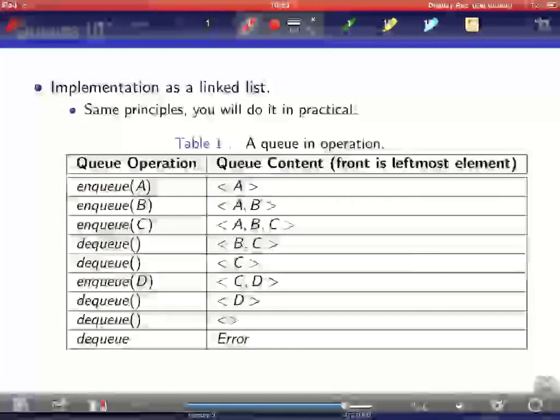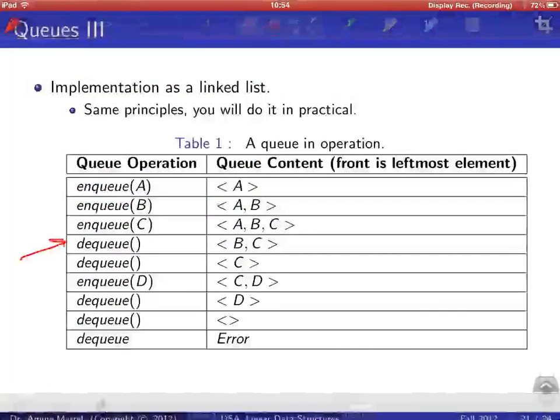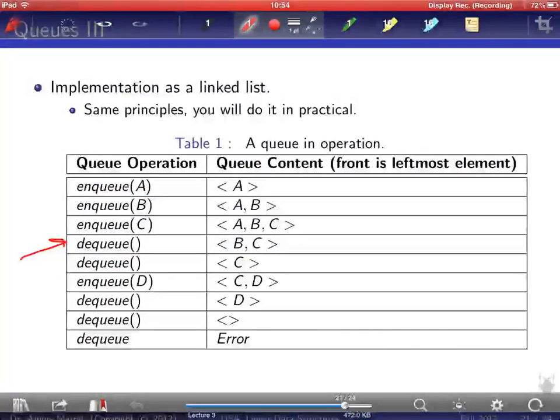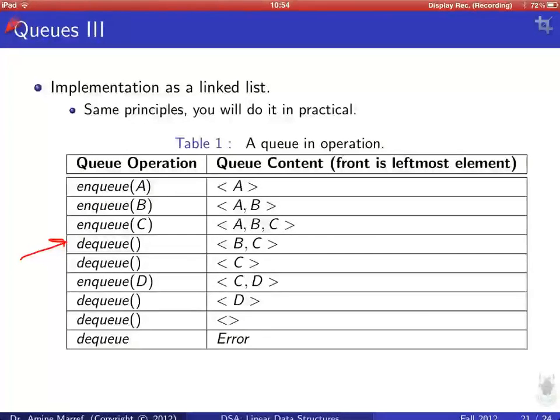So we have been enqueuing things, and then when we said dequeue, what have we removed? We have removed A, right? So the first person who comes is the one that we are going to call, right? A has been waiting the longest, and when we say dequeue, we remove A, and B and C are remaining. And then when we say dequeue again, we remove B because B comes before C, and then C